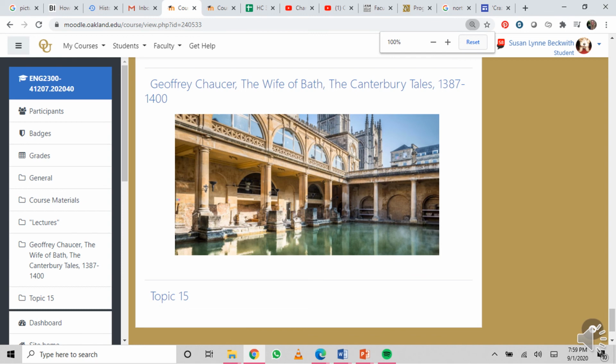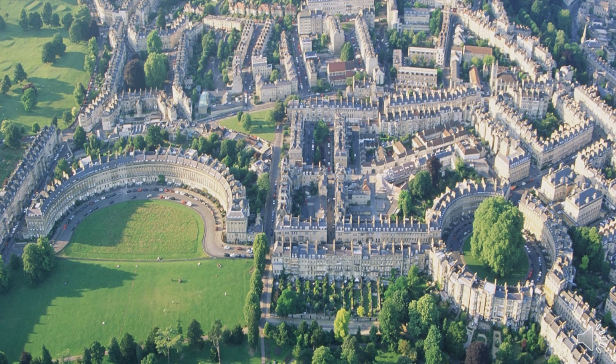And then you will be able to see the assignments here on Moodle, which is where you're going to be uploading them. In this class, though, because of its unique nature, we're not only going to be traveling to Bath, but we're going to be traveling around England. So this is a different view of Bath, and we'll be talking about what these places in England mean now, today, historically, etc. And you're going to have the opportunity through our activities to actually make virtual visits to England as we're studying British literature, so you can put yourself right in the place of the characters and the authors who created those characters.